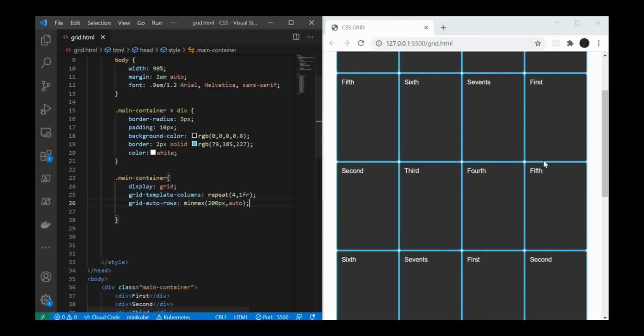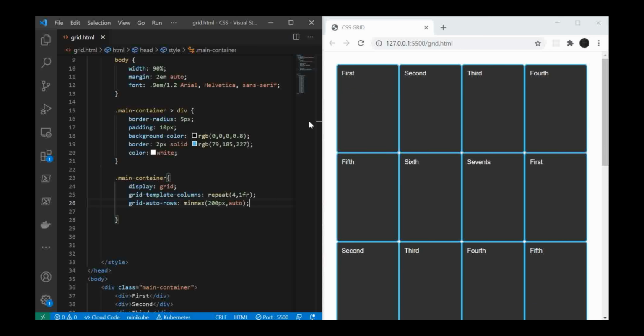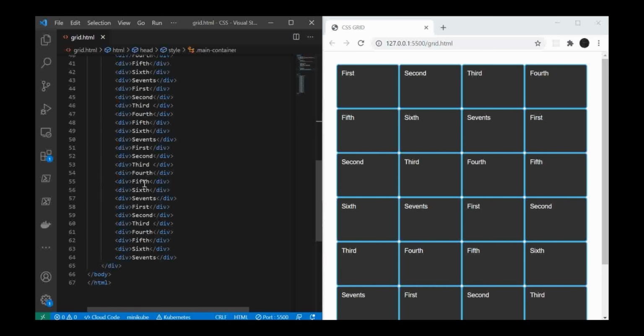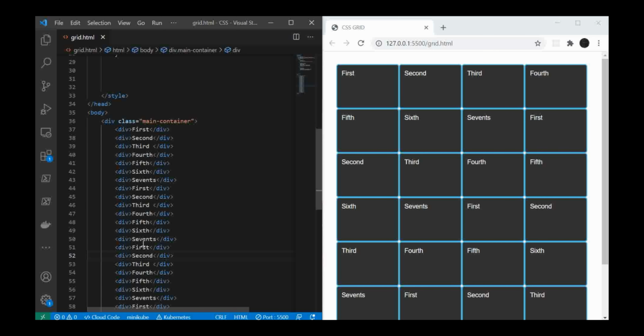So as you can see right now, I set the minimum size of my row to 200 pixel. I'm going to set it again to 100, and this is going to be better. As you can see, the minimum size is 100, and no matter how much content I set,